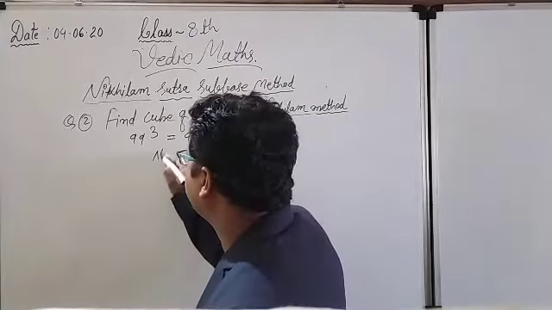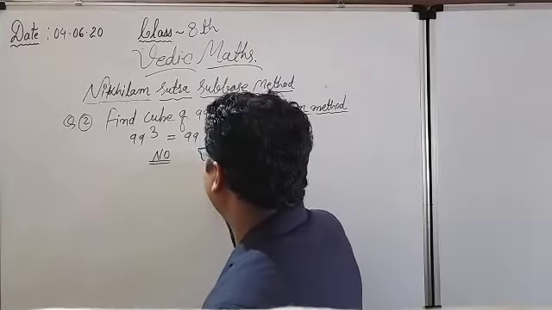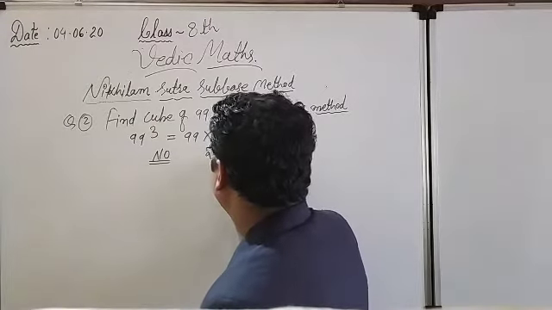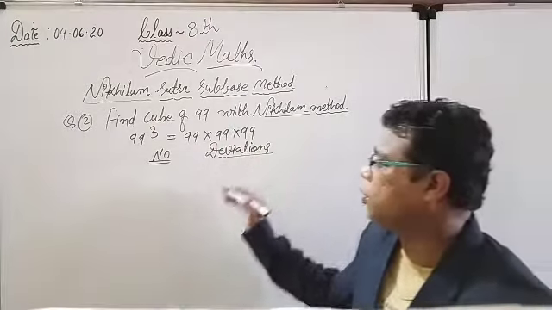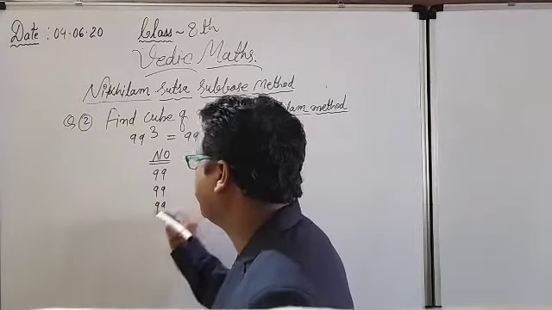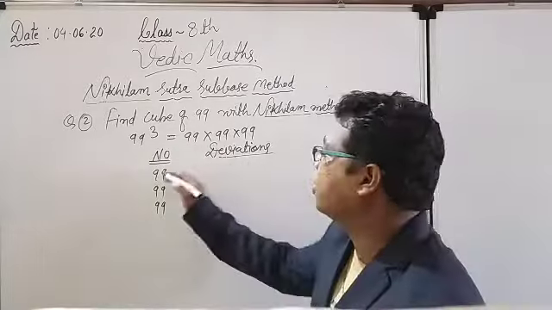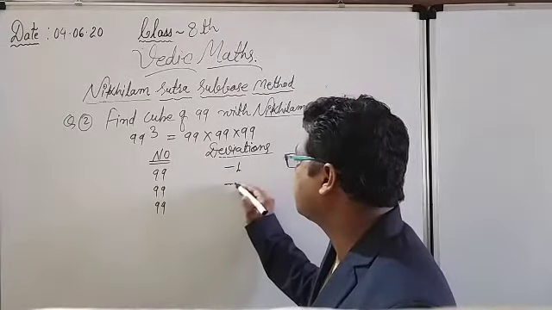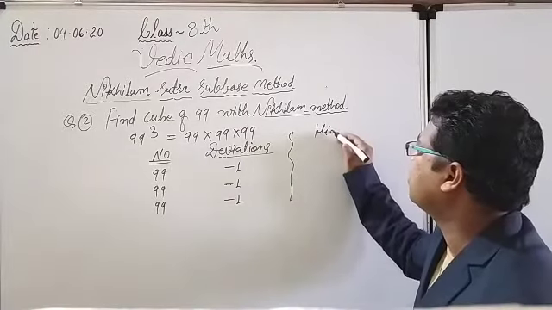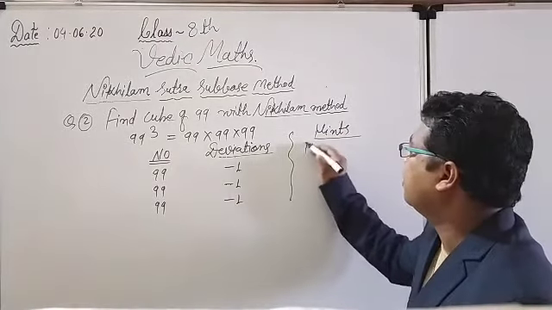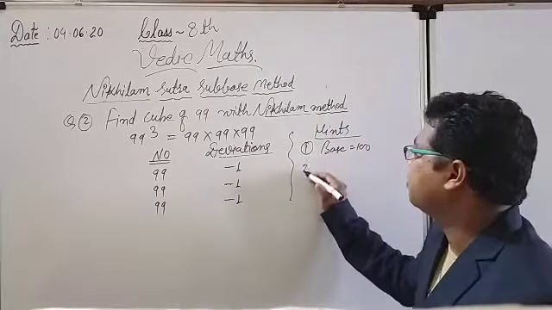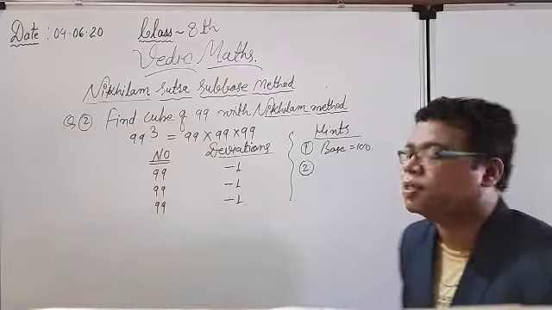So see, the question is again the same: number and deviations. Same thing I am doing for you. Sometimes the questions are asked in such form also. You can see what the three numbers are. All the numbers are the same, 99, 99, 99. According to 99, my deviation will be minus 1, minus 1, minus 1. Why? Because in the hint section you can see, I will consider the base 100. All the numbers are very close to 100, so I have to go for base 100.